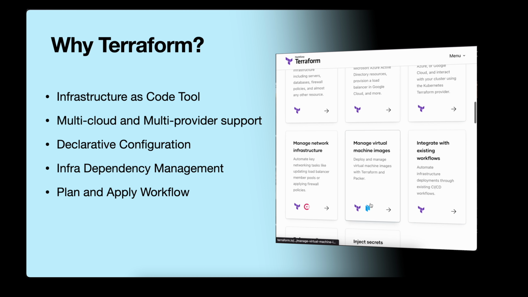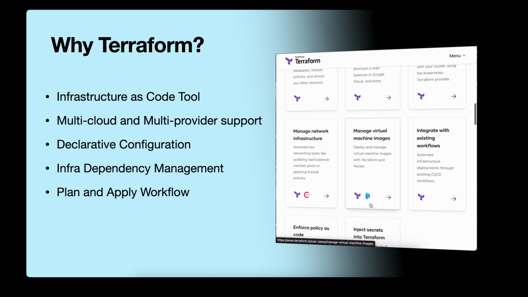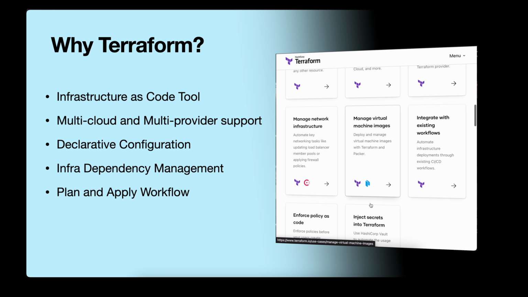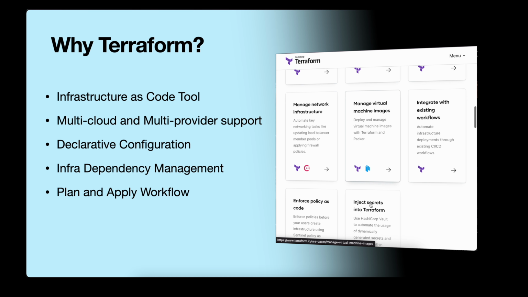Terraform also introduces a two-step workflow, plan and apply. During the planning phase, Terraform examines the infra configurations, compares them with the current state, and generates an execution plan. This plan shows the proposed changes to the infra, including resource creation, modification, or deletion. Users can review the plan before proceeding to the apply phase, where Terraform executes the plan and brings the infra